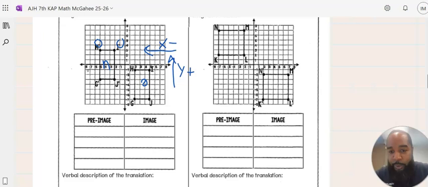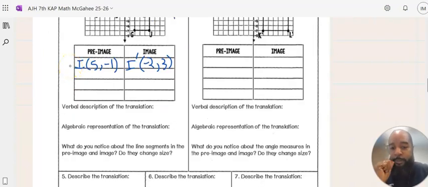So I'm going to use point I. Now, if you want to write all the points, please do. I'm just going to write point I though. Okay, so I, the point is 5, comma, -1. And my new I is -2, comma, 3. Okay, so what happened for me to go from 5 to -2? Well, that's left